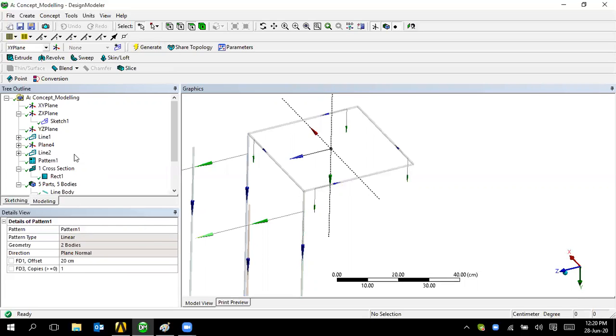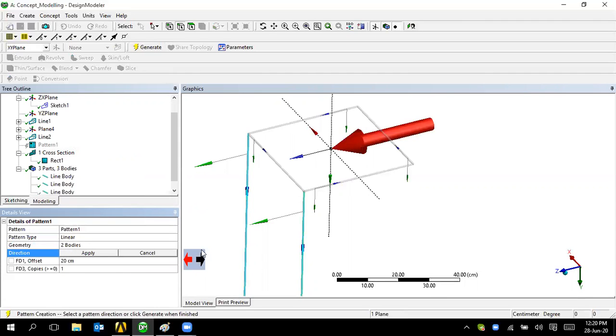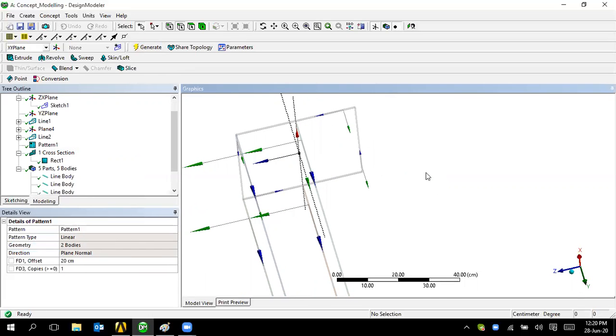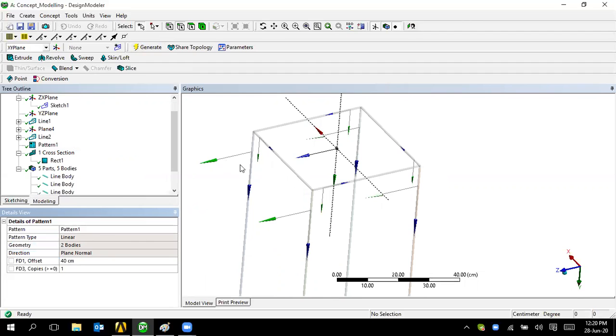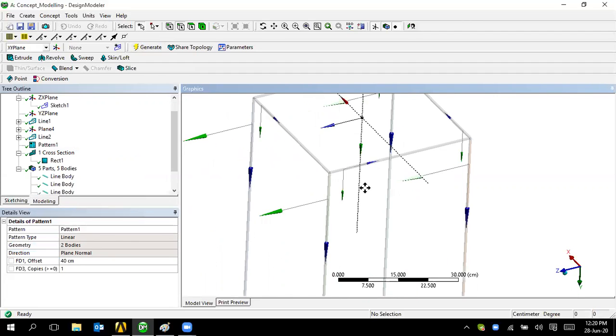But make sure it goes in the opposite direction. Right click, edit the section, normal, reverse side, apply and generate it. It came to 20 centimeter now, so make it 40 centimeter. Generate it. Now look, 5 different parts and 5 different bodies.